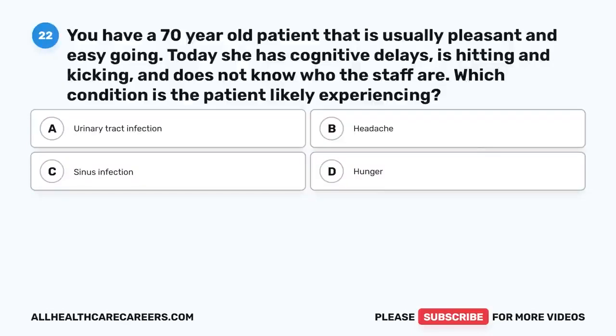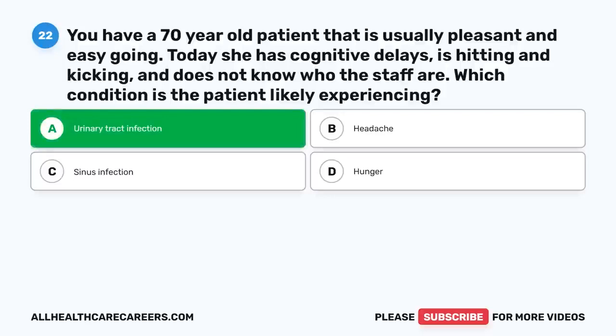Question 22. You have a 70-year-old patient that is usually pleasant and easygoing. Today she has cognitive delays, is hitting and kicking, and does not know who the staff are. Which condition is the patient likely experiencing? A. Urinary tract infection. B. Headache. C. Sinus infection. D. Hunger. The correct answer is